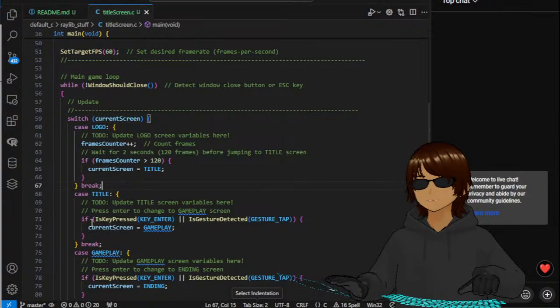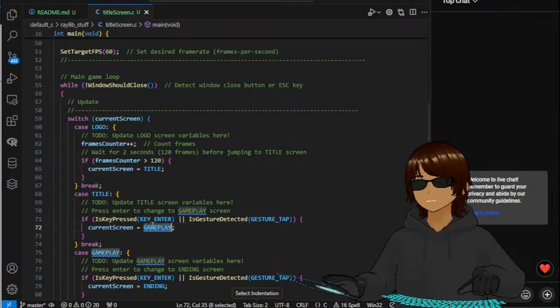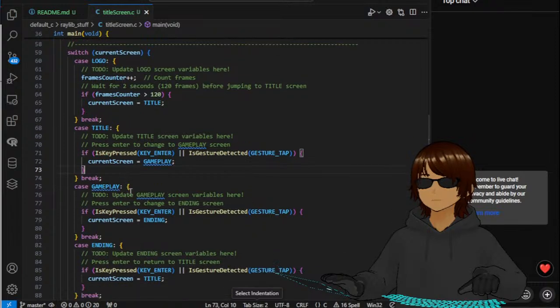And then case title, if key press, if the enter key is pressed, or what is this? Is gesture detected. Then current screen becomes gameplay. So wait 2 seconds, change to title screen, and if you press a key, change to gameplay. When it's gameplay,